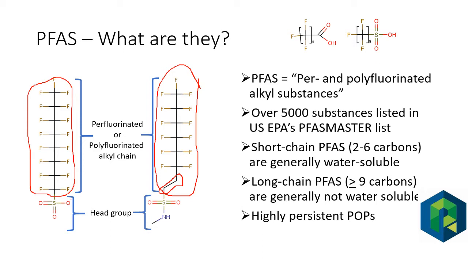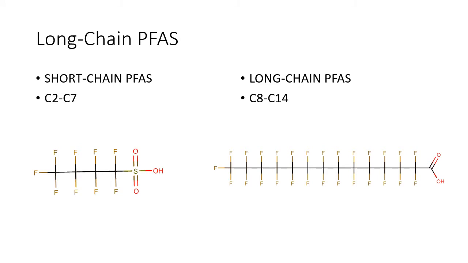Now, generally speaking, short chain PFAS are 2 to 6 carbons, 2 to 7 carbons. I've even heard 2 to 8. And long chain PFAS are generally 8 carbons and longer. PFAS are highly persistent organic pollutants, and they tend to bioaccumulate, not in fat, but in blood and other tissue. So for the purposes of this presentation, short chain PFAS will be C2 to C7,